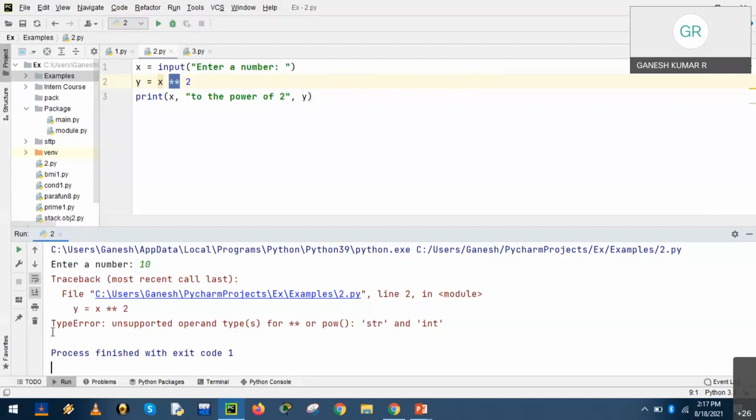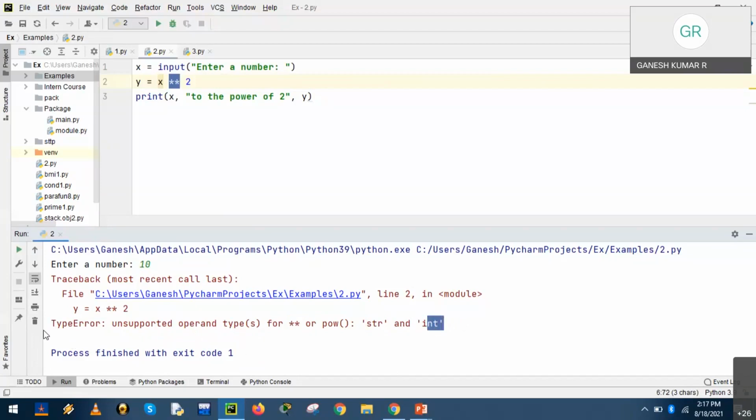The name of the error is TypeError: unsupported operand type for power, string and int, for the value 10. So between string and int, it is a type error. What does it mean?